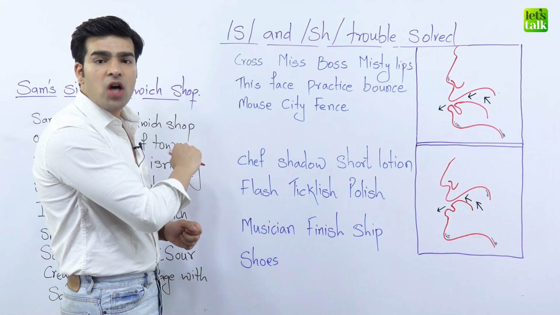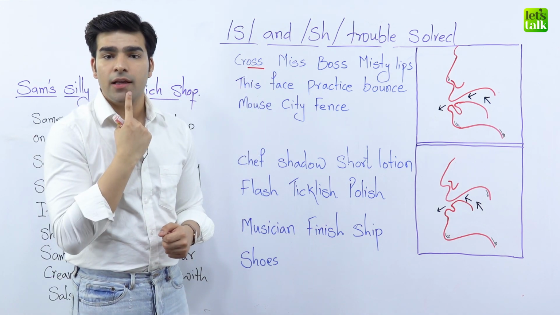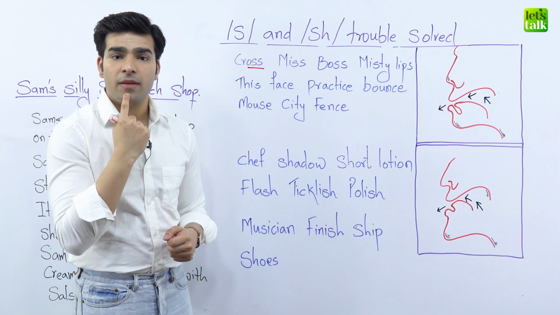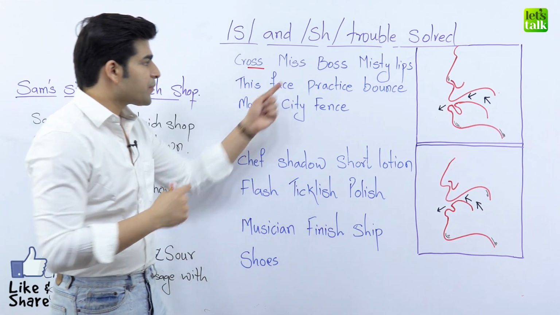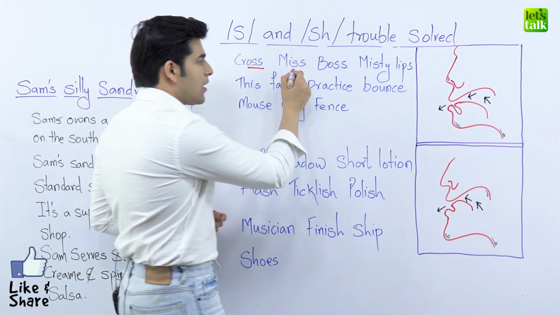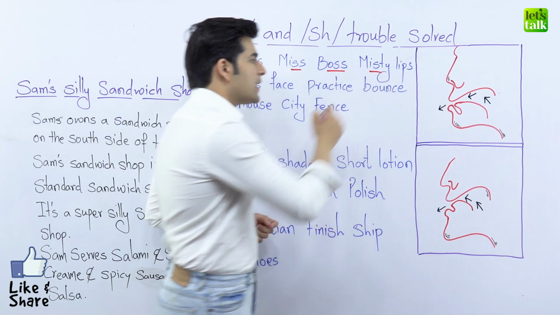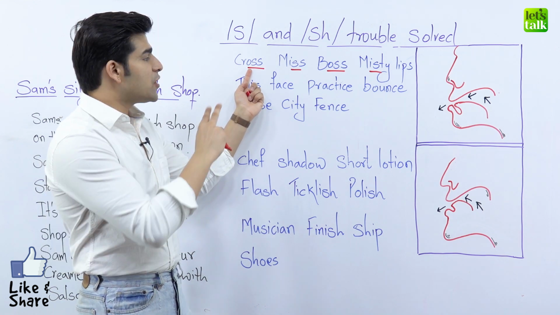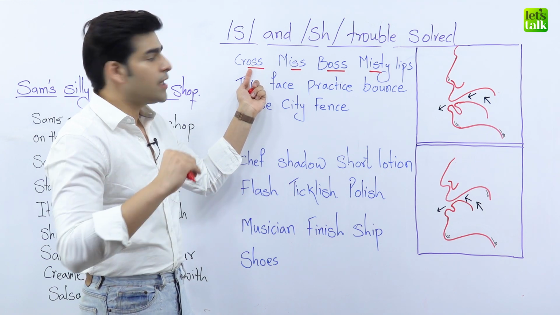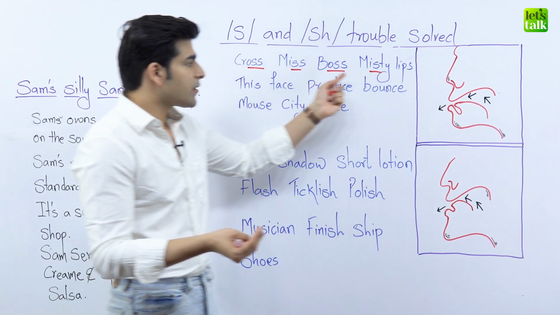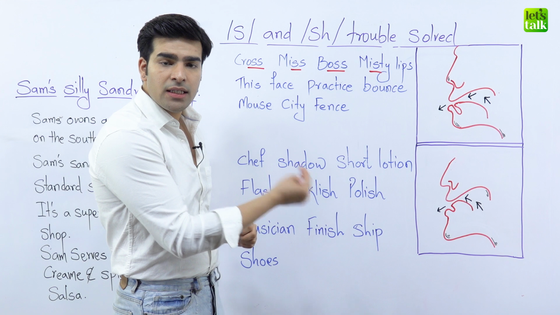The first word is cross. The tip is touching the lower area. This part of the mouth, inside of the mouth. Cross. Miss. Boss. Misty. Now, if you see, the s sound in the first 3 words is in the end of these words. Cross, boss, and miss. In the word misty, it comes in the middle of the word. Misty, misty,